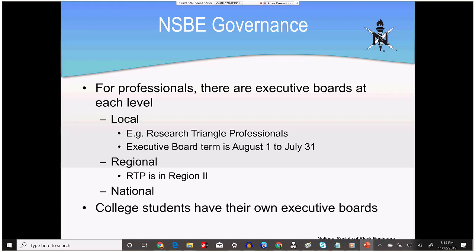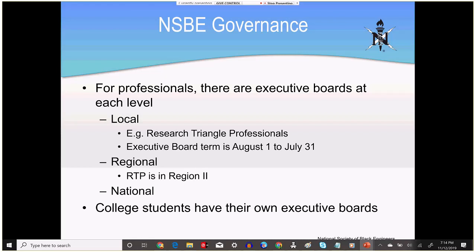Then we have the regional organization, and we'll see a list of the regions, but Research Triangle Professionals are in Region 2, so they have their own board as well. And then we have the national board.